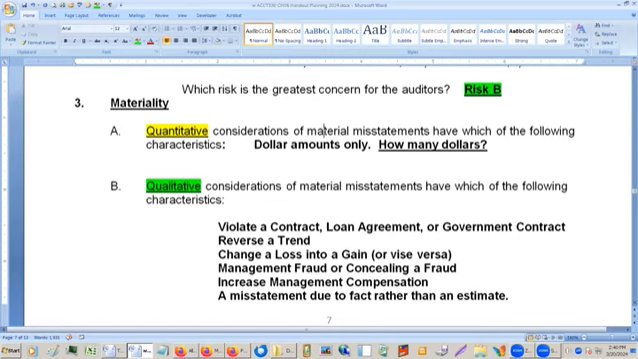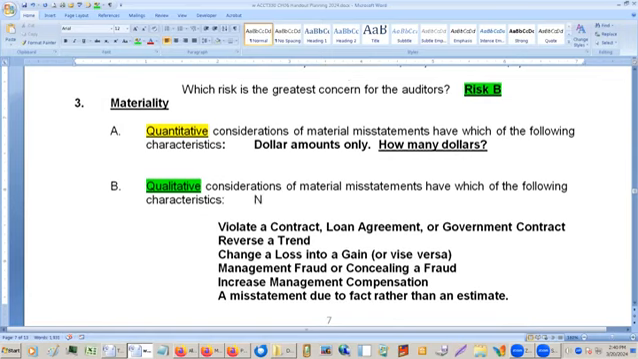Now, there are things called qualitative considerations. And these are qualitative considerations that may make something material even though it's not dollar-wise material. So because it's not dollar material, it doesn't mean that it isn't material at all. It could be that these qualitative things. Okay, so